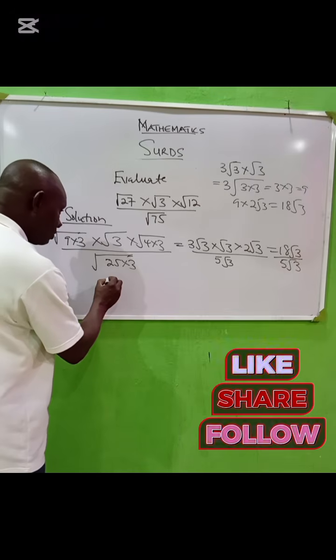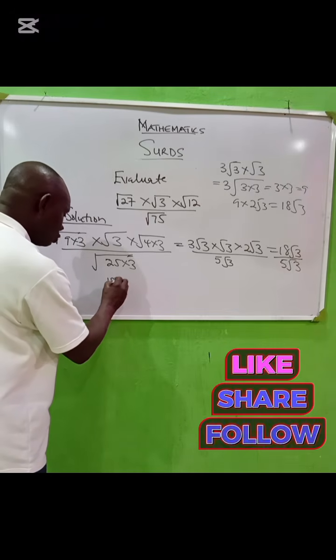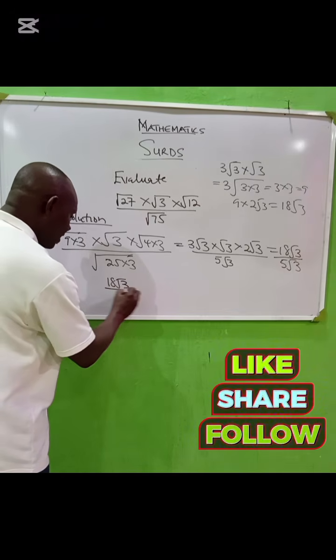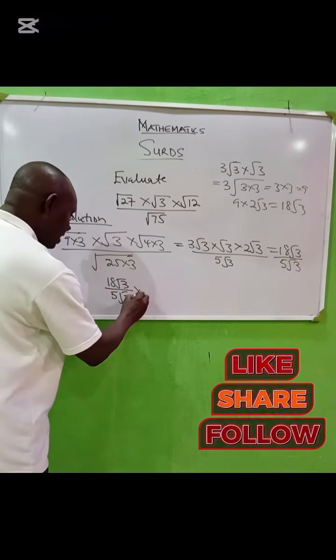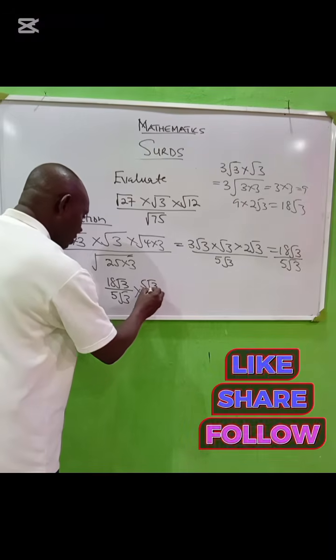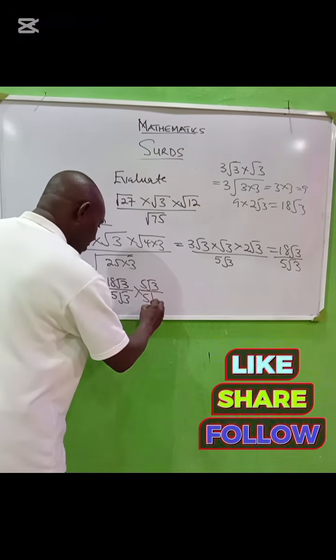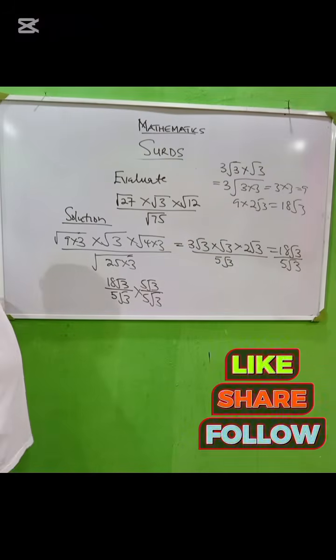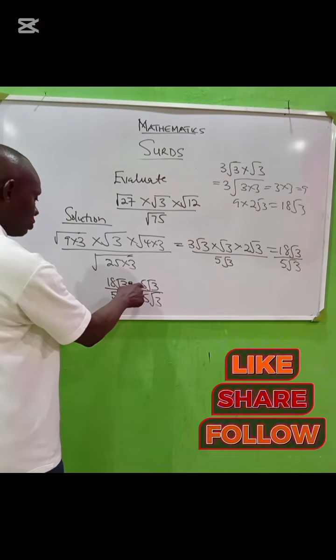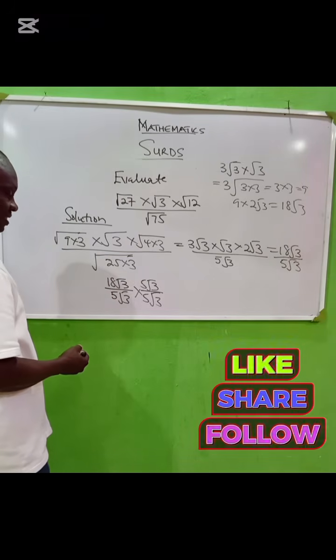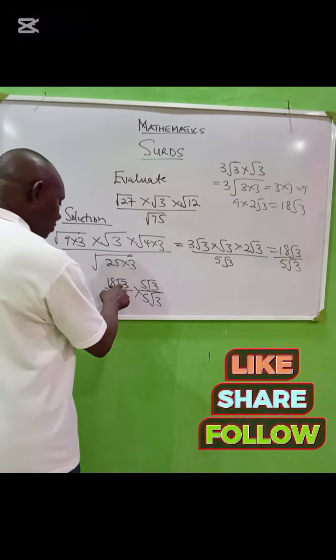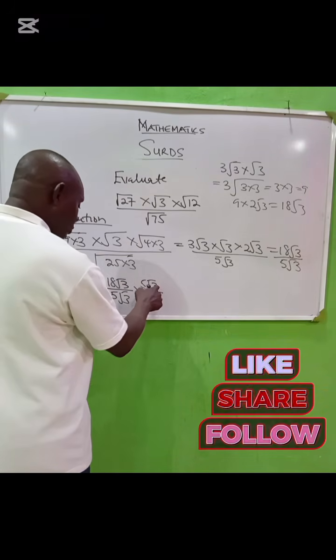So you can do something like this. It becomes 18 the square root of 3 divided by 5 the square root of 3, times 5 the square root of 3, all divided by 5 the square root of 3. Okay, having done that, if you multiply the ones outside the numerator, 5 times 18 will give you what? 90, and square root of 3 times square root of 3 will give you square root of